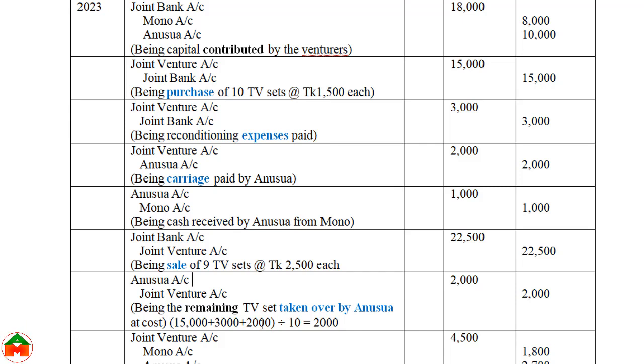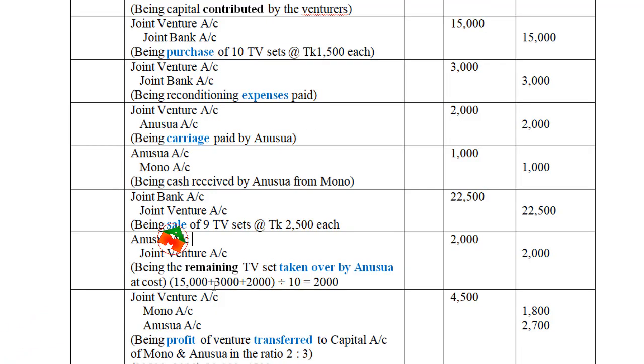There was a 2,000 cost that was paid by Anusha. Total cost is 20,000. How? 15,000 plus 3,000 plus 2,000. So the total cost for the televisions is 20,000, and if you divide this 20,000 by 10 television sets, per television